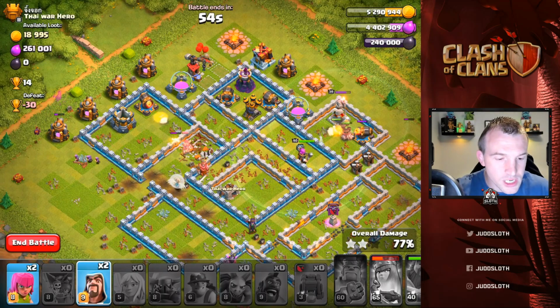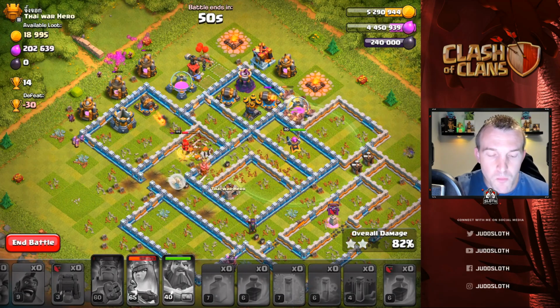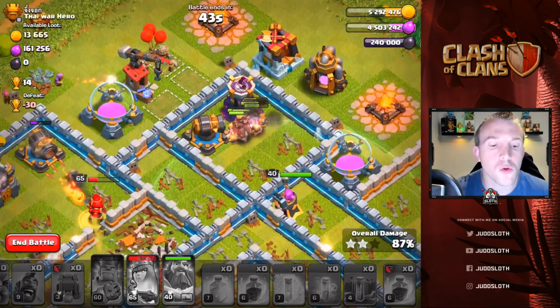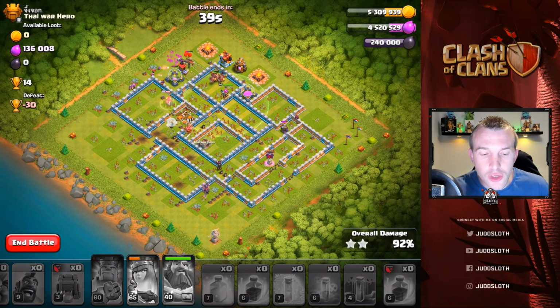The queen did what she needed to do. I'm going to try and swarm this cannon if I can with the wizards behind, try and protect my queen. She is going to get it, and we still have a whole boatload of Hog Riders, so we are going to get the 3-star here. And you saw